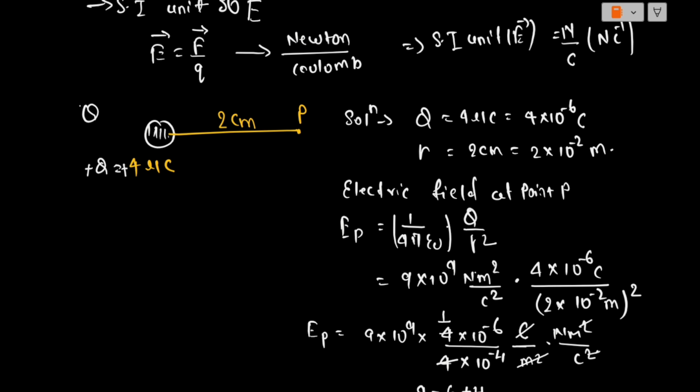So this is the charge and this is point P. Radially outward means like this. So the electric field at point P would be in this direction, EP, and it has a magnitude of 9 into 10 to the power 7 Newton per Coulomb. Do you get this? I hope you get this, and let's meet